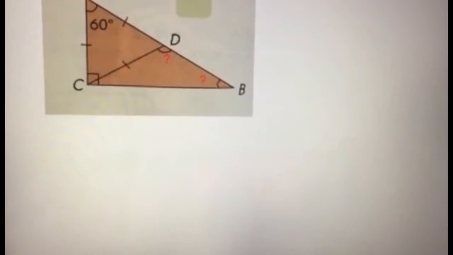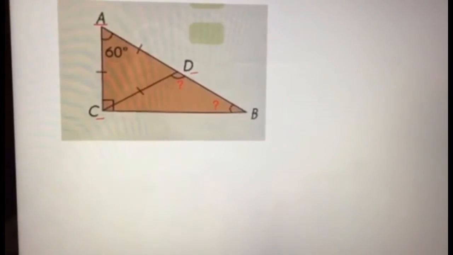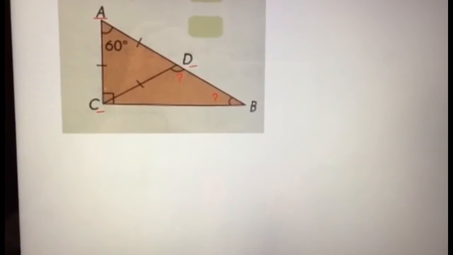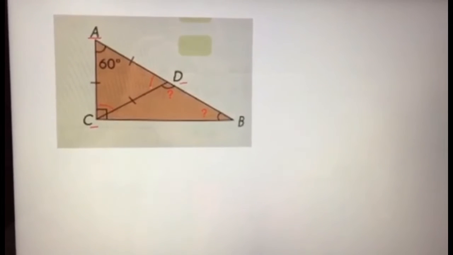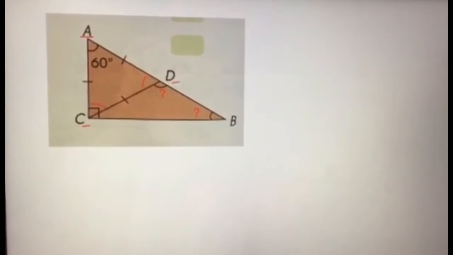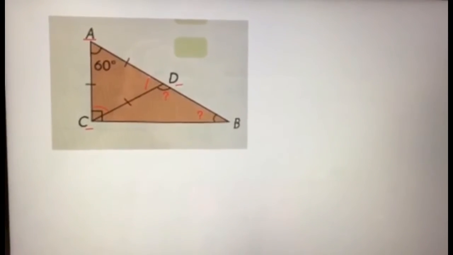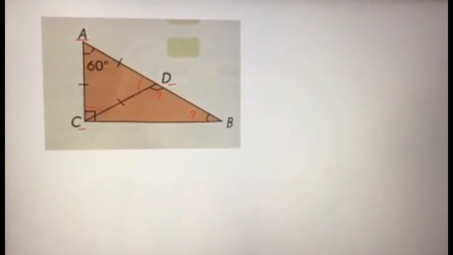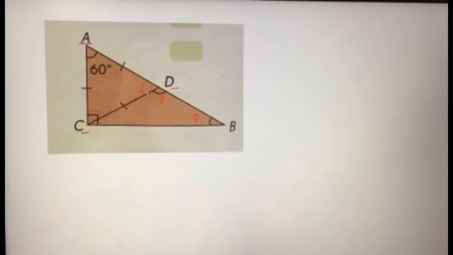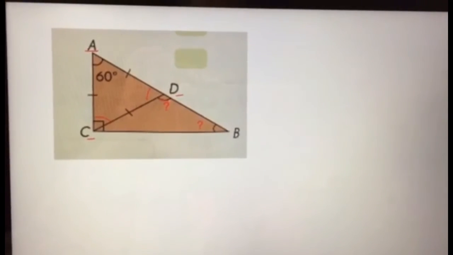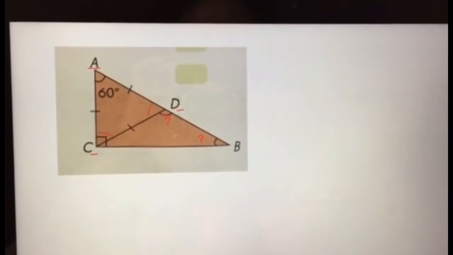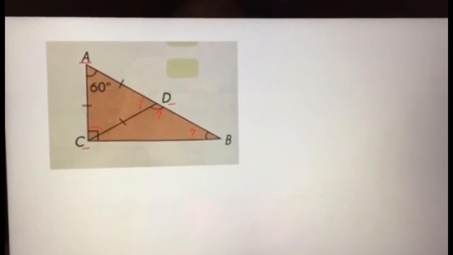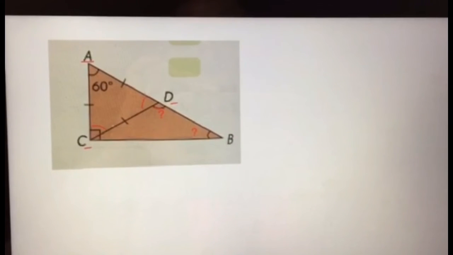Triangle ACD is an equilateral triangle. So angle A is 60, angle ACD has to be 60, and angle ADC has to be 60. There are different methods to solve this problem. If you remember the property of angles on a line, knowing angle ADC is 120 degrees is telling you that angle CDB is 120 degrees because they make angles on a line, which is 180 degrees. And then, knowing angle ACD